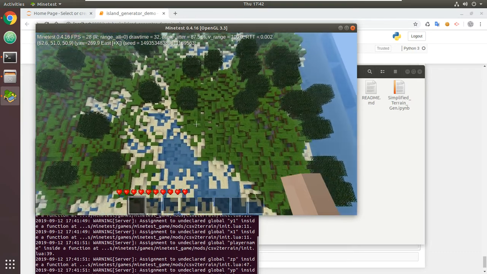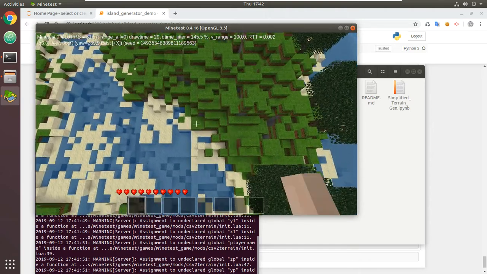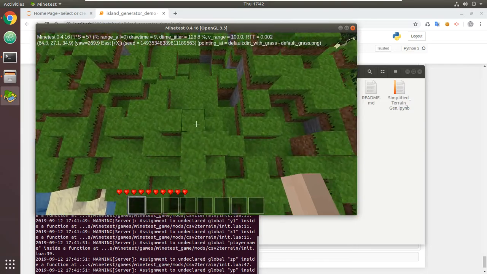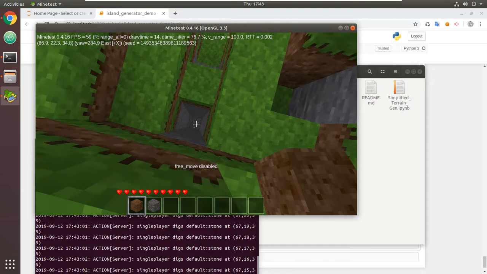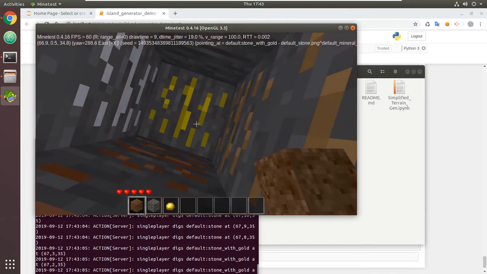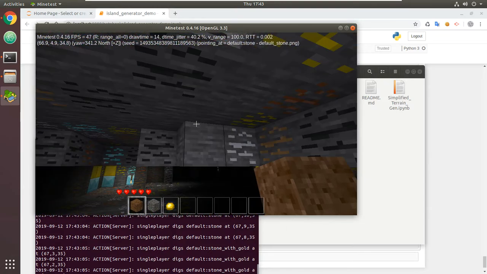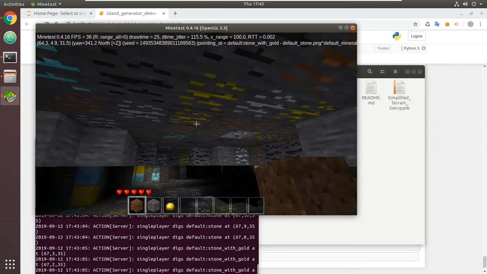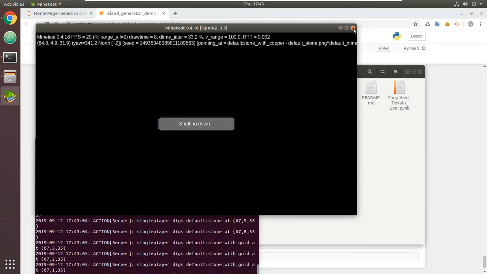So yeah, basically that's the way this works. So it creates some kind of caves as well. That's the way that works. If I close this,